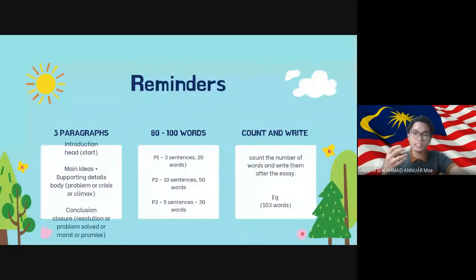Okay. Supporting detail ni cerita dia akan menjadikan cerita awak lebih jelas. It will make your story clearer and more understandable to your readers. Okay. This is the body. Ini adalah badan dia. Kalau introduction kepala, the main idea is the body. Okay. This is where you introduce your readers to a problem or a crisis. Okay. Awak kena bagi satu masalah yang mana watak awak kena